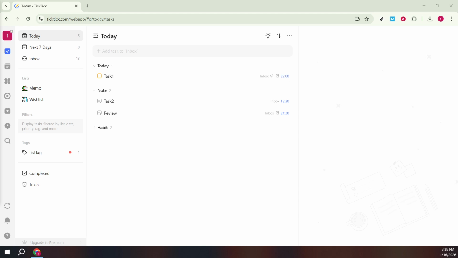Start by opening TickTick. Once you're in the app, head to your sidebar and look for the section that organizes your content. Click on Lists. This is your hub for everything you've created, and it's the easiest place to choose the specific list you want